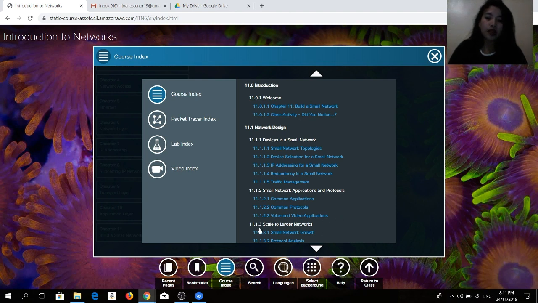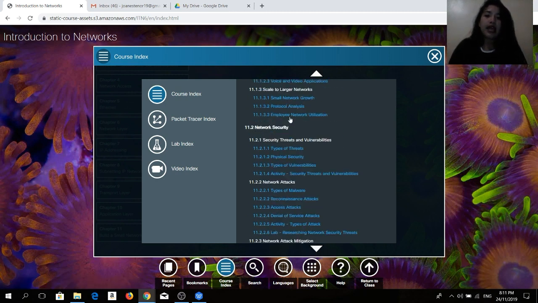For 11.1.3, we have scale to larger networks. Under it, we have small network growth, protocol analysis, and employee network utilization. For 11.2, we have network security, 11.2.1 security threats and vulnerabilities. Under it, we have types of threats, physical security, types of vulnerabilities, and an activity which is security threats and